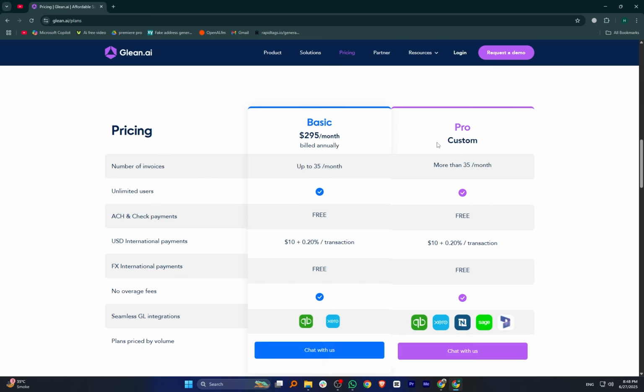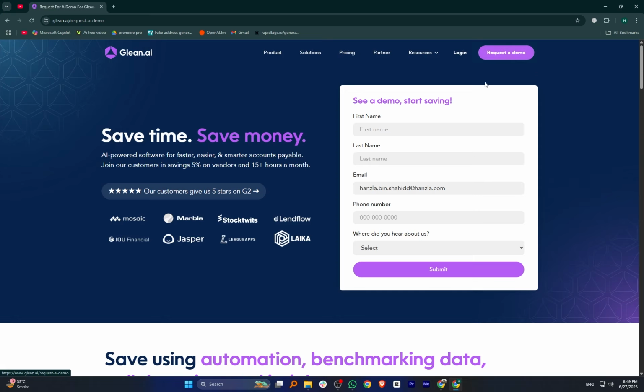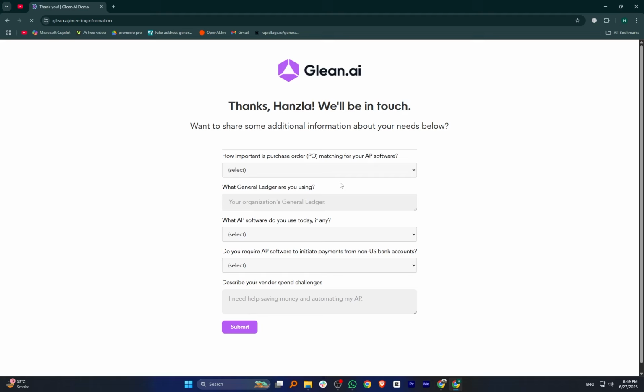To request a demo, you need to enter your first name, last name, email address, phone number, and then the source from which you heard about it. Glean AI works well with QuickBooks, NetSuite, and other platforms. In short, Glean AI is intelligent tools to optimize AP